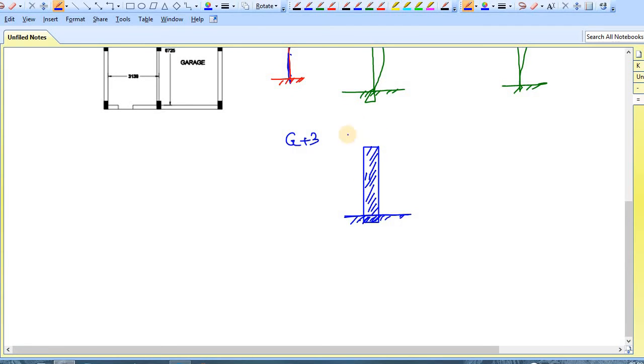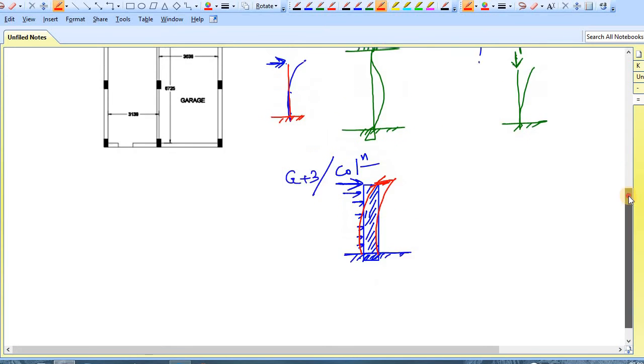If we apply a lateral load, when the wind force acts like this, this building or this column simply tends to buckle like this.